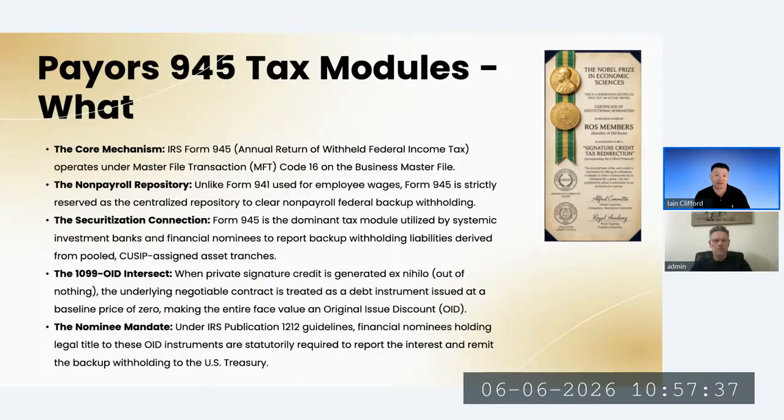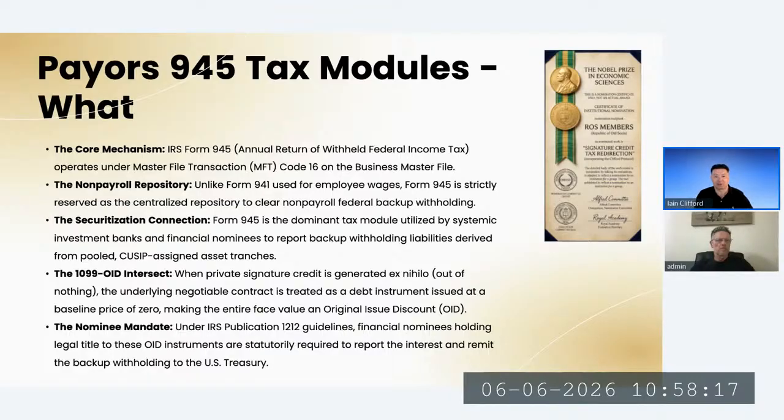So what is the tax module all about? The 945 tax module is all about the use of human energy. The banks have to pay taxes under the original issue discount methodology. The IRS knows what the banks are using, because they track and trace the signature credit created energy or these securities as well. So the IRS knows exactly how much the investment bank should be paying, but typically they don't pay enough taxes on the 945 tax module.